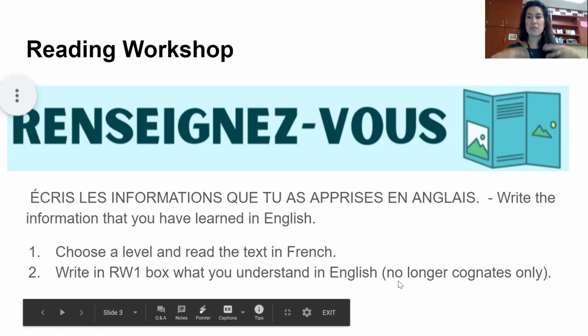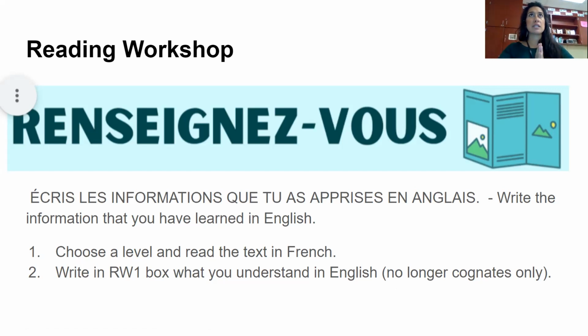Okay, so a kind of a quick summary. Now, you might not understand all of it, or even half of it. You might only understand one sentence. That's fine. Tell me what you understand of that. If you understand the whole text, then tell me a summary of the whole text. So write what you understand as you read in English, okay? The cognates can help you, but we're looking for like a sentence here. So you're writing in English. This text tells, or the beginner text tells me that, or I understand that, whatever.